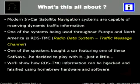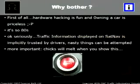So what's this thing about? Modern in-car satellite navigation systems are capable of receiving dynamic traffic information, okay? And one of the systems used within Europe and North America is called RDS TMC. So basically what happened is I bought a car which had this system on, and of course my first thought was, this could be interesting. I could hack this thing, okay? That was the first thing that came up in my mind, and then of course I drove the car and it was fun. Anyway, we show how it's possible to easily, I wouldn't say trivially, but I mean, it's very easy to hijack this kind of information